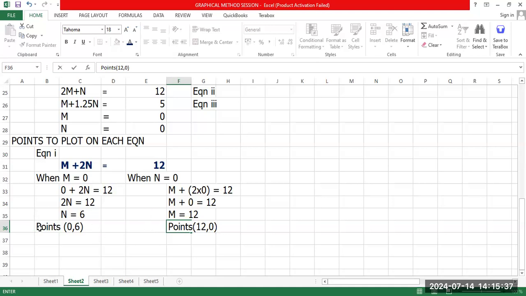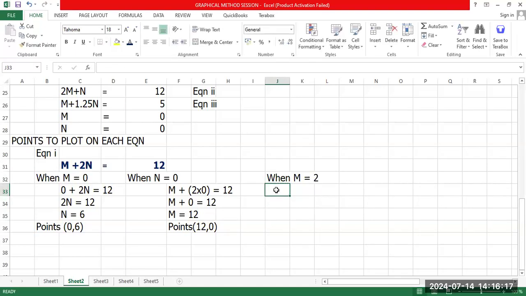So now we have this point and this point, and since the figures are different, you can just decide to go to the next equation. Some people, for accuracy, get another point, but that is wasting a lot of time. If you have time, maybe if you see people are still writing and your content is done, you can decide to add another point. When I decide to say when m is equal to 2,